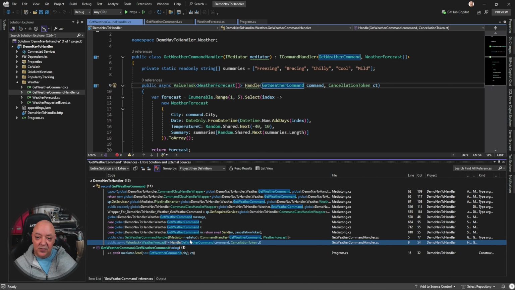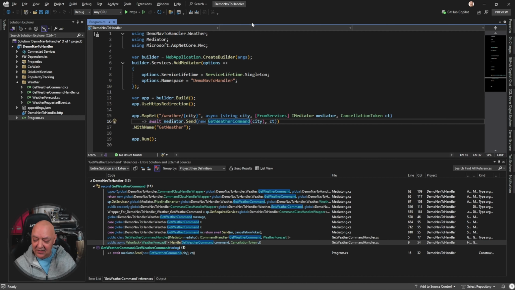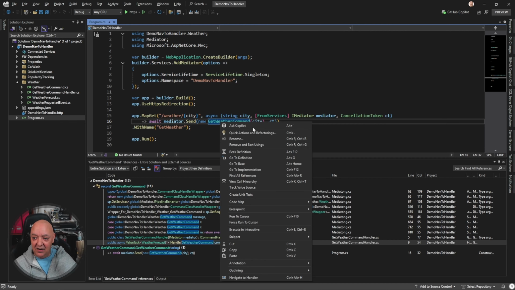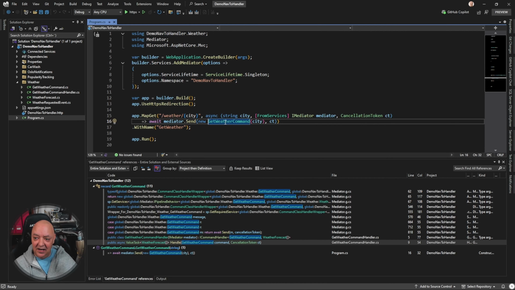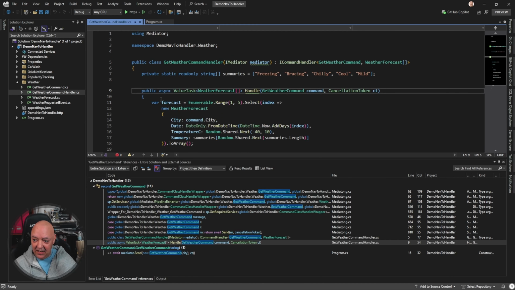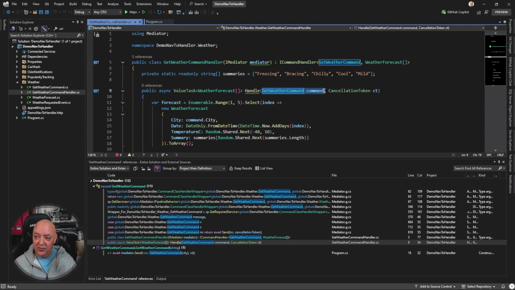So I wanted that experience to be a little bit easier because this is something that annoys me quite a bit. So what I have created is this extension to Visual Studio. So now all I have to do is to right click on the place where I actually specified the command, and I select Navigate-to-Handler, and I'm instantly taken to the first public or protected method that actually takes in that type as